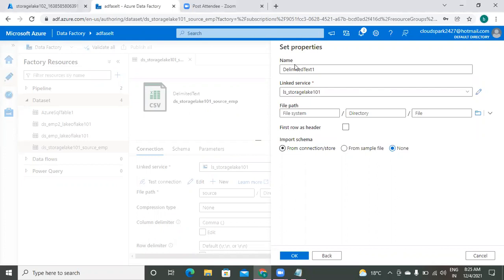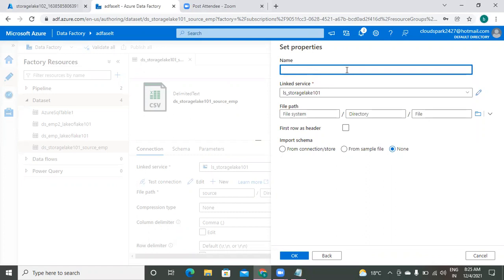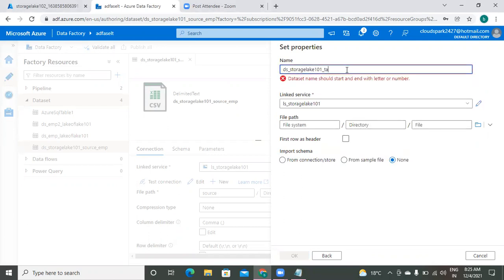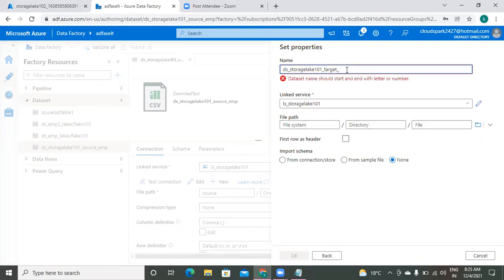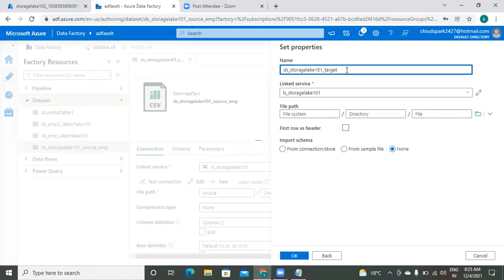Got it? But let me give the name for this. DS underscore storage lake 101 underscore target.